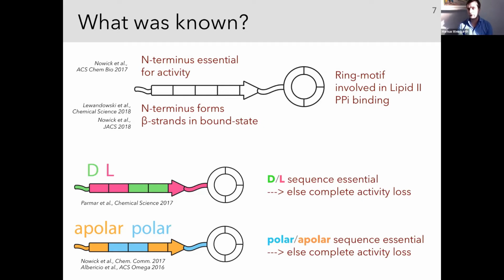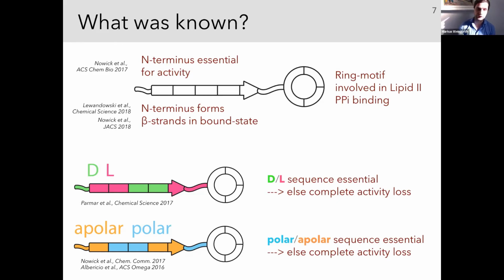And it was also known, very interestingly, that you cannot change the order of the D and L amino acids. If you tamper with the order of D and L amino acids, you lose all the activity. Likewise, if you tamper with the order of polar and apolar amino acids, you lose all the activity. So a lot was known already before we started, but there were no data available in membranes, and that's what